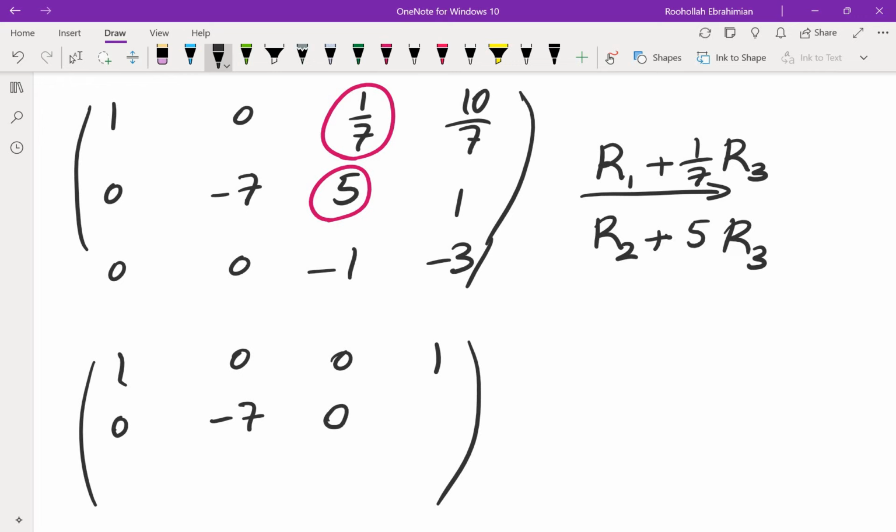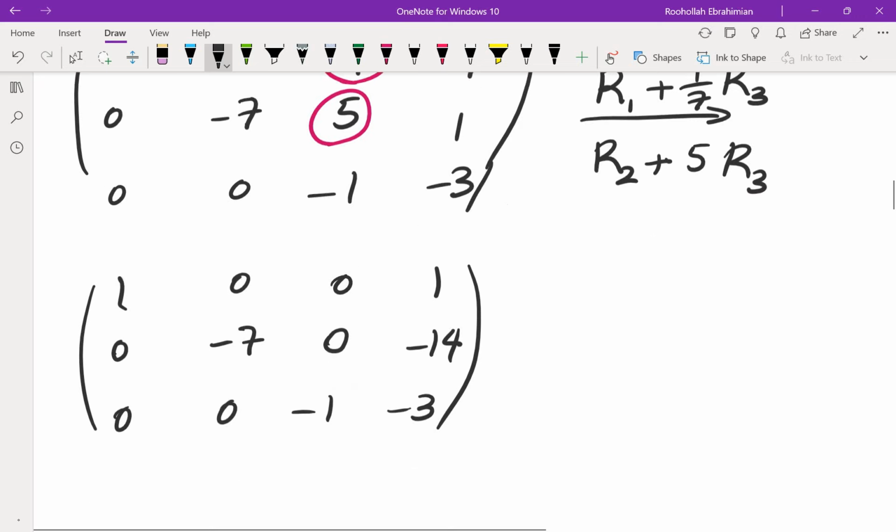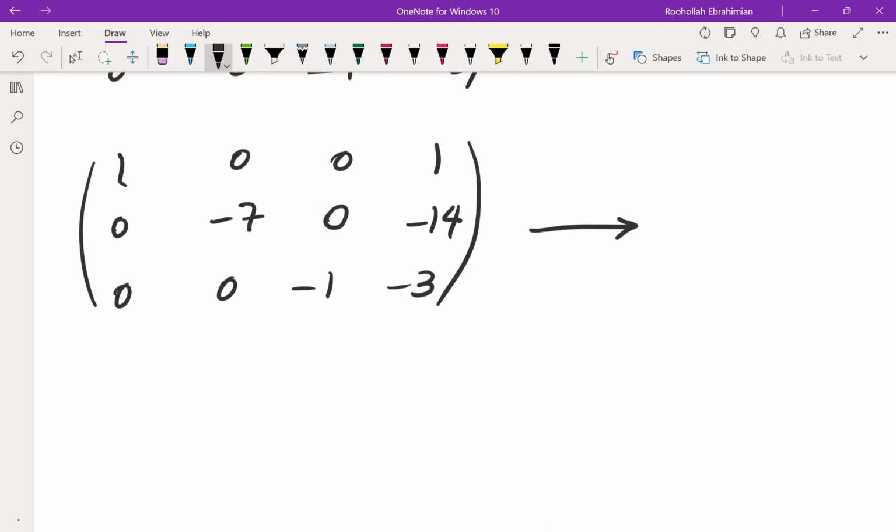Here we get 0. I'm multiplying this by 5. So negative 15, and then plus 1, that's negative 14. 0, 0, negative 1, negative 3. I can even make this simpler by